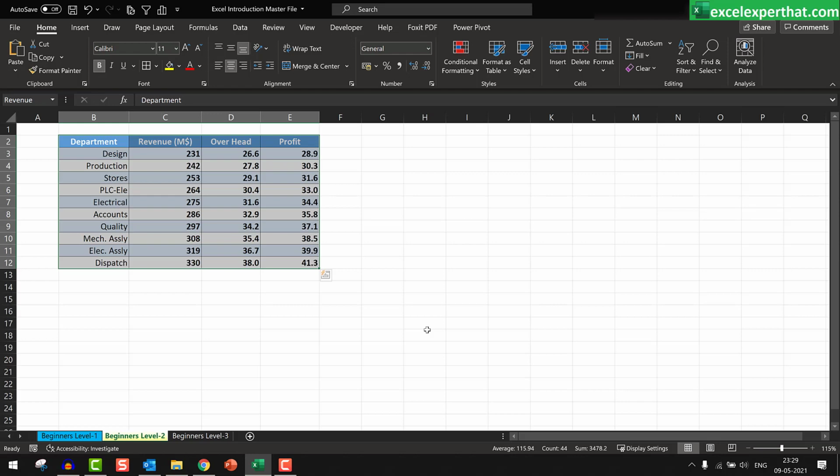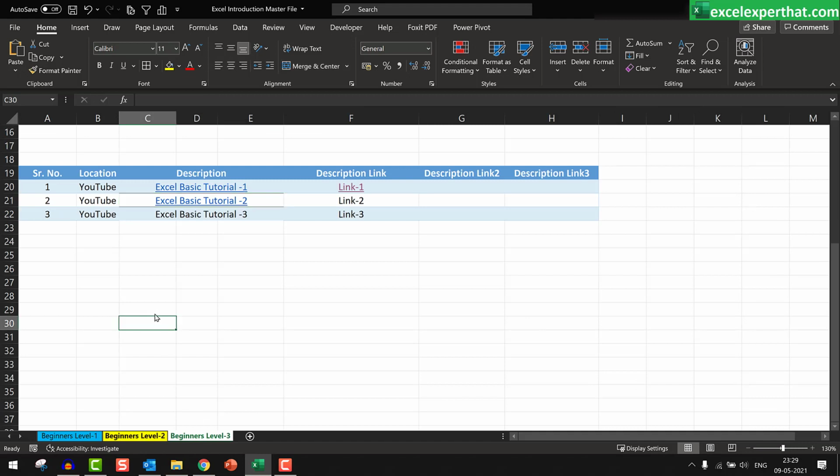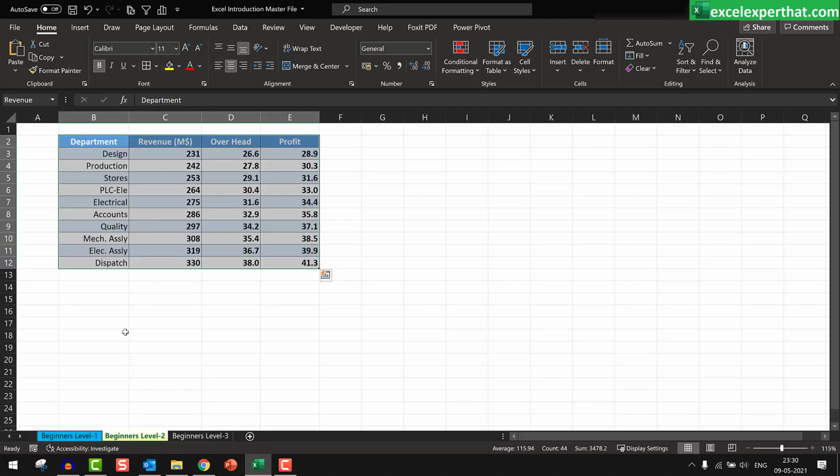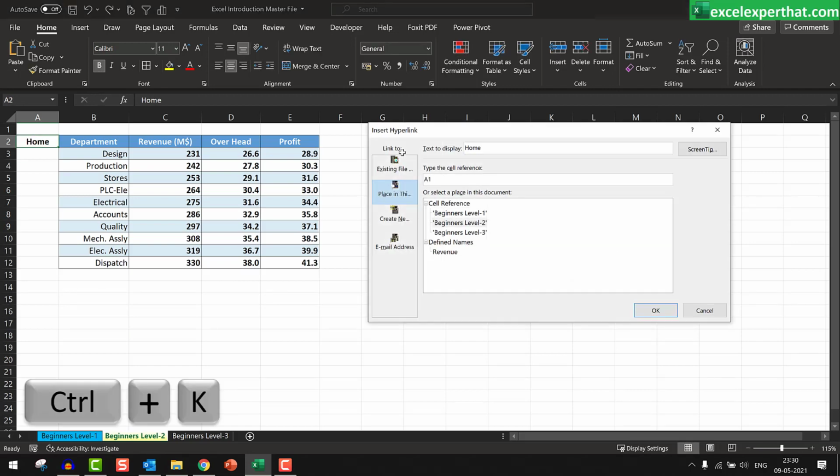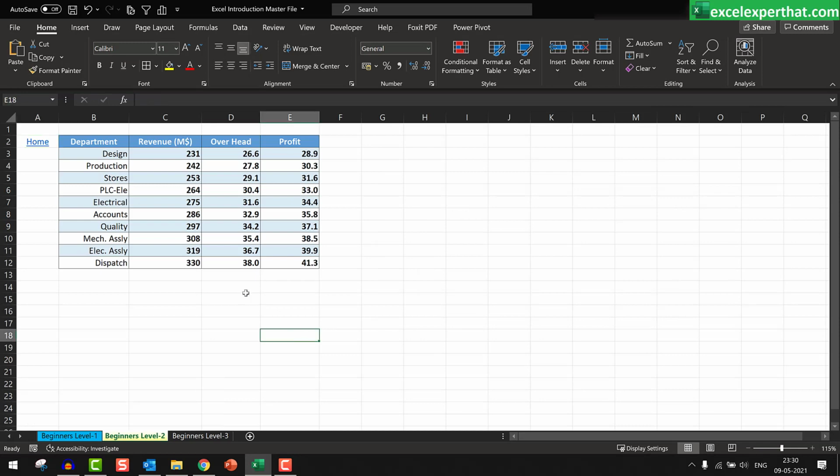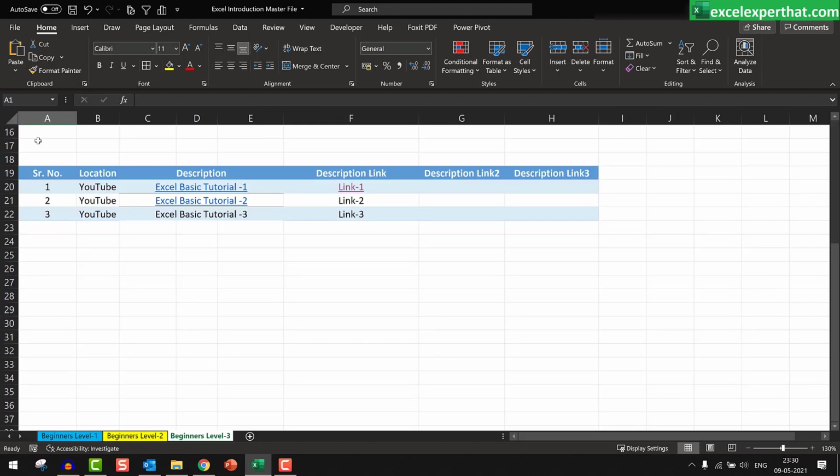Now whenever I go to the next link, like this is my main file, beginners sheet, and I need to always go back to the same file. What I can do, like while clicking on this basic tutorial 2, I went to this one, and I need to come back to the main file or home file. I would need to click on the exact tab. So better than that, I will click here on a home button, and I will press Ctrl K and give a hyperlink of beginners level 3 and click OK. So whenever I have finished work in this file, I will just click home and I will go to the main file where I started from.